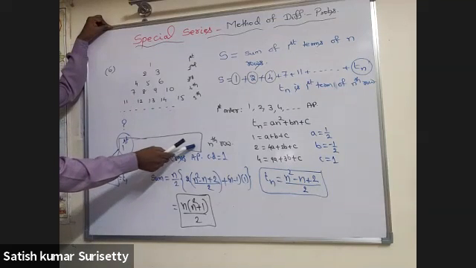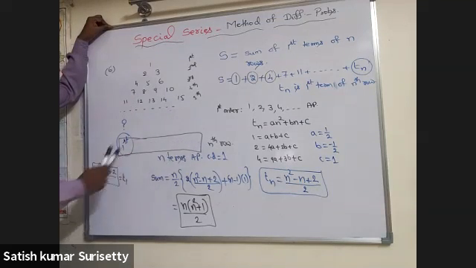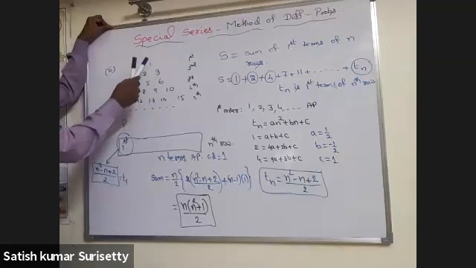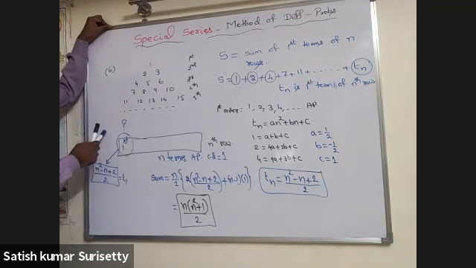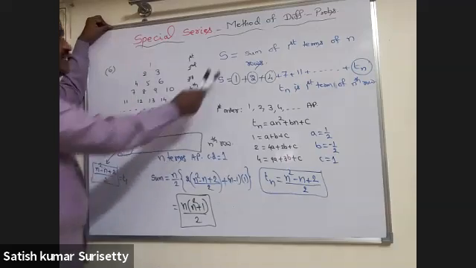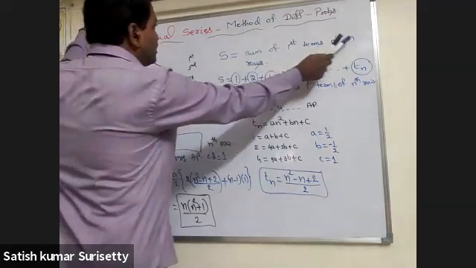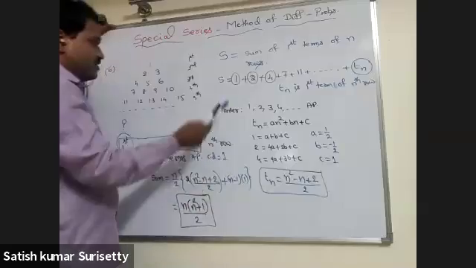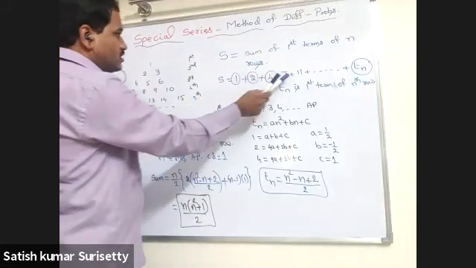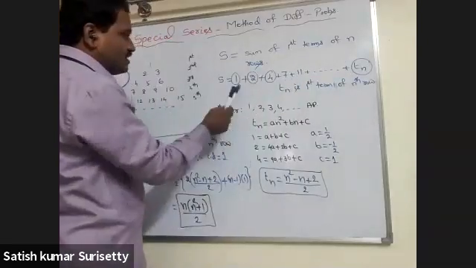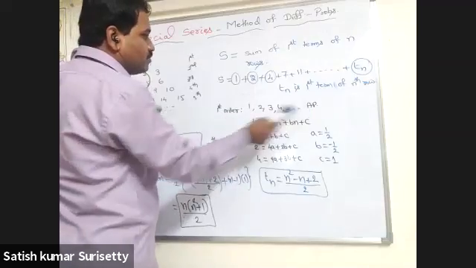So you can calculate the sum of numbers in the nth row if you are able to calculate the first term in the nth row. Now you collect all the first terms of each row and let us denote that as S, the sum of first terms of n rows. That means those are 1, 2, 4, 7, 11 and so on. So the first order differences are in arithmetic progression.